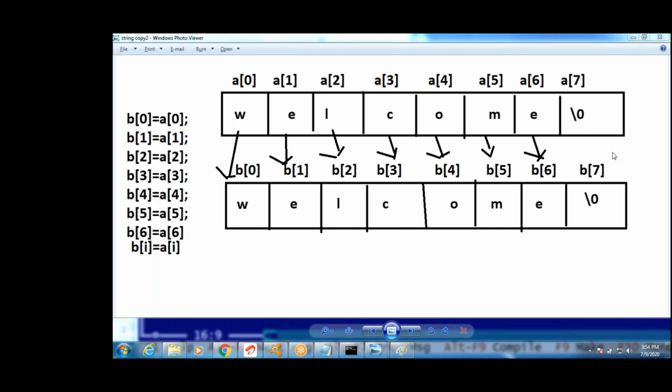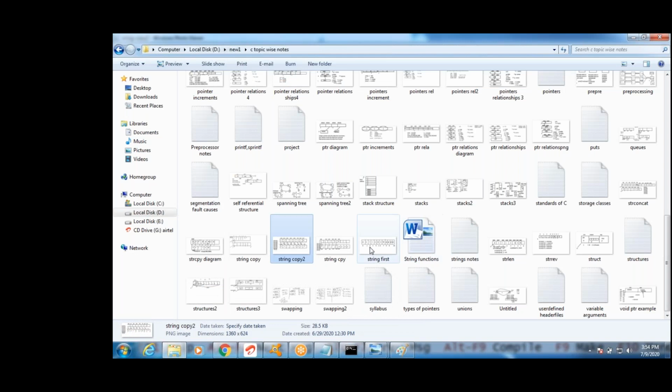How to do string concatenation? Two strings you have to enter.